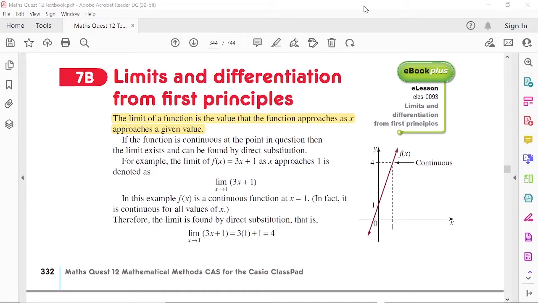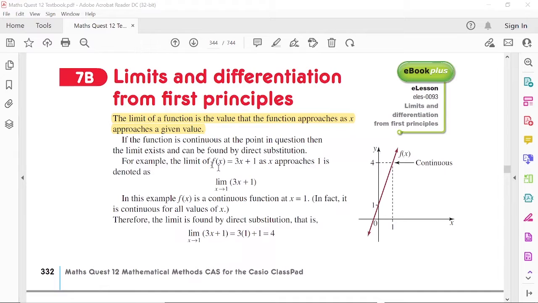So we'll have a look now, reminding ourselves about differentiation from first principles. Before we do that, we'll just have a look at what limits are. You would have seen these before, where you have this lim, and then underneath that x, and then an arrow pointing to a number, and then a function. What this particular statement means is it's saying what is the limit as x approaches 1 of this function 3x